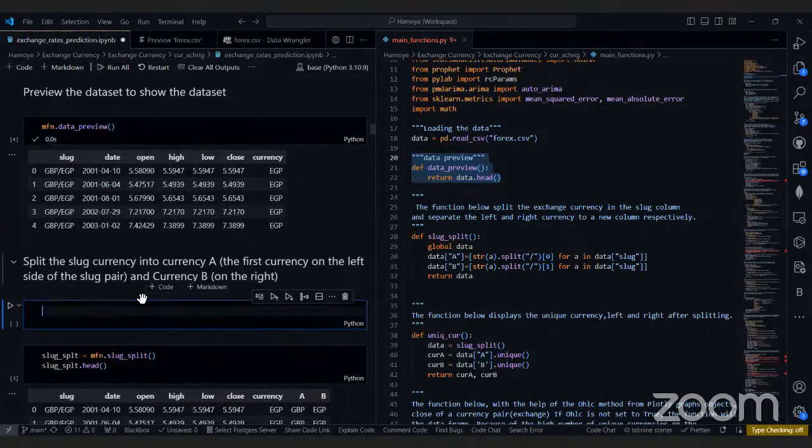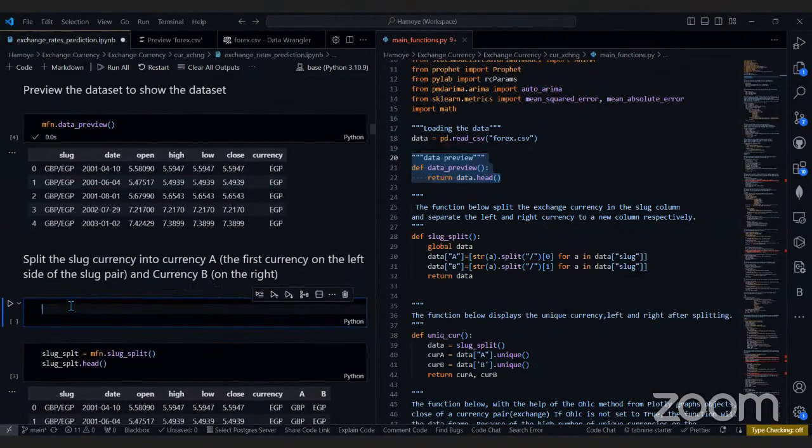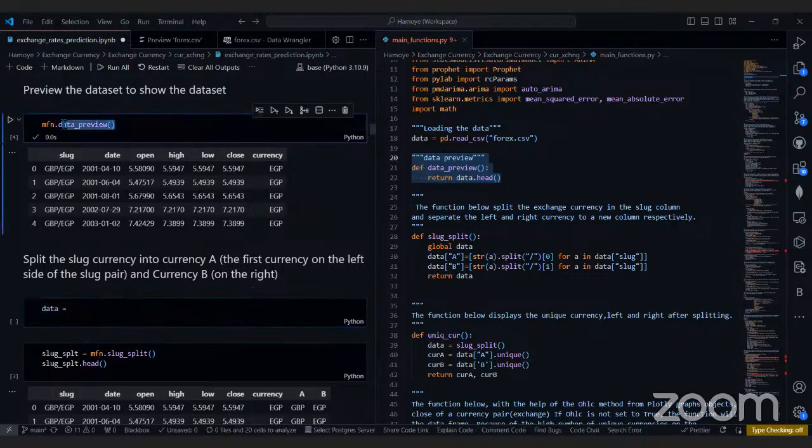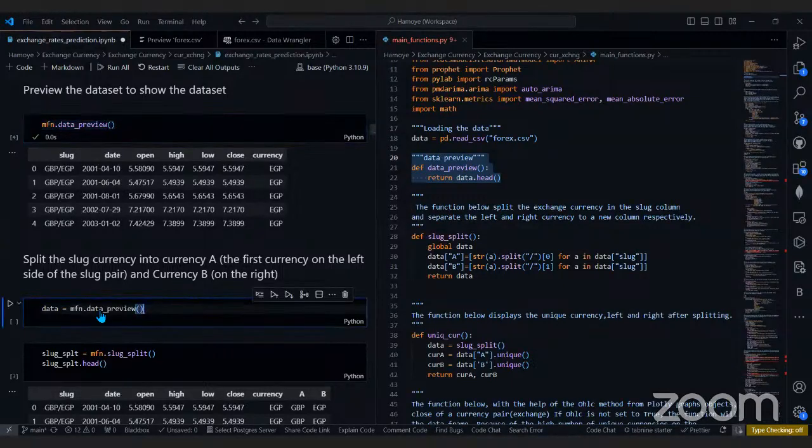I think I did. So let me say data is equal to this. Okay, so data is now holding just 5 rows of information.